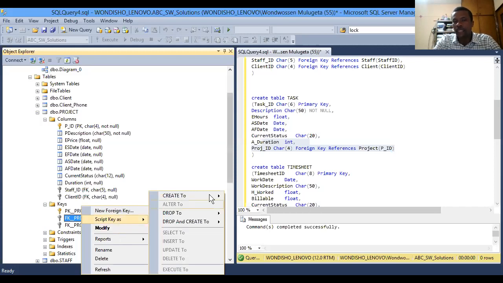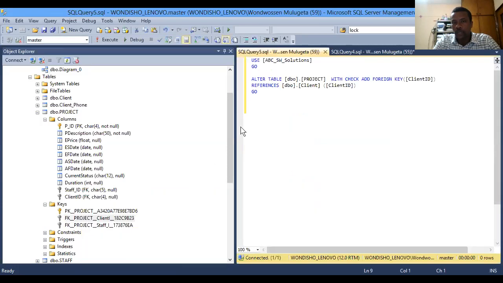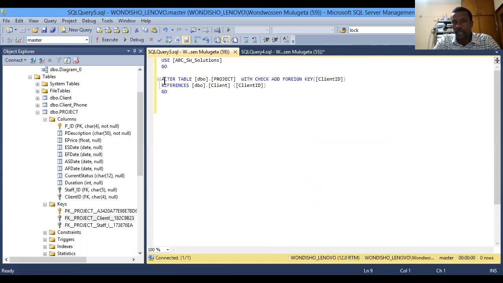ምንድን ነው በክሬት ስቴትመንት ይሄን ስክሪፕት ስጠኝ ብንለው it will show us እንዴት እንደተፈጠረ ይነግረናል. Let's wait, አያችሁ ምን እንደሚለን እንዴት ፎሬን ኪው እንደተፈጠረ ይነግረናል. መጀመሪያ ኦልተር አደረገና ፕሮጀክት ቴብል ላይ ቼክ ያደርጋል ፎሬን ኪ. ከዛ በኋላ ምን አለ, it references client table ላይ client id ነው ሪፈር የሚያደርገው, but it's going to use the